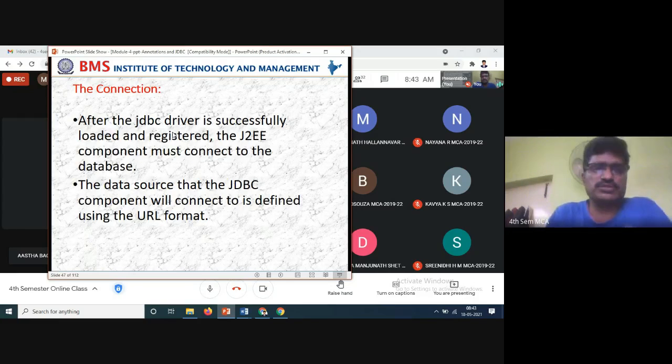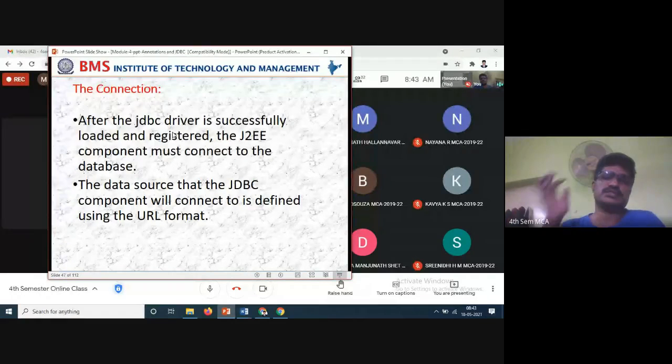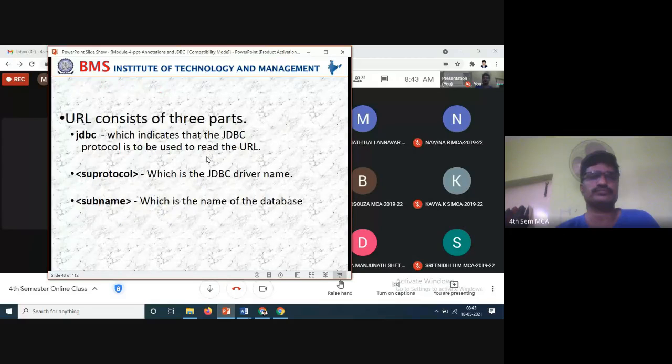The data source that the JDBC component will connect to is defined using the URL format. The URL format is available, and you have to copy and paste it there, wherever you are writing the data source or data connection. So these are all the steps.